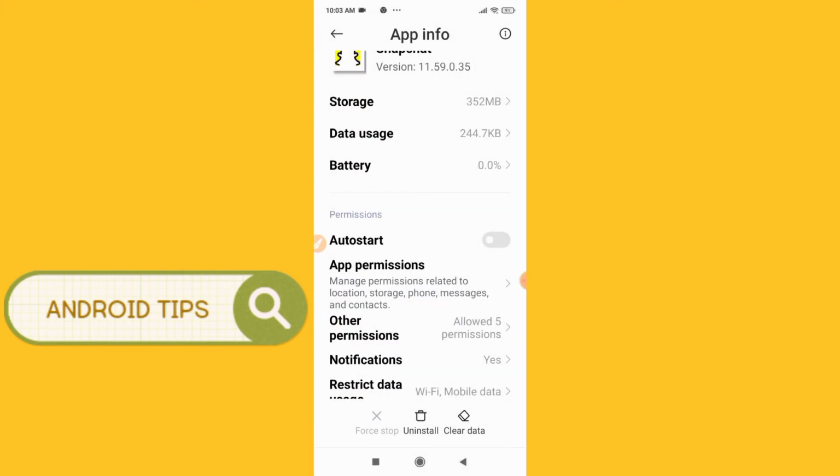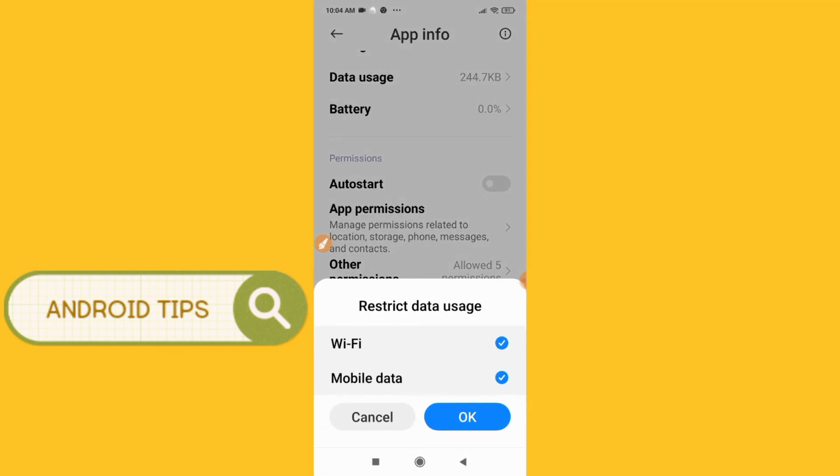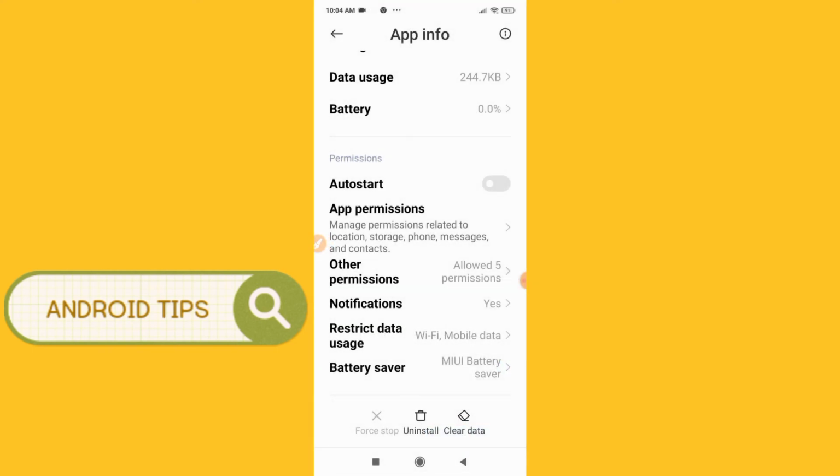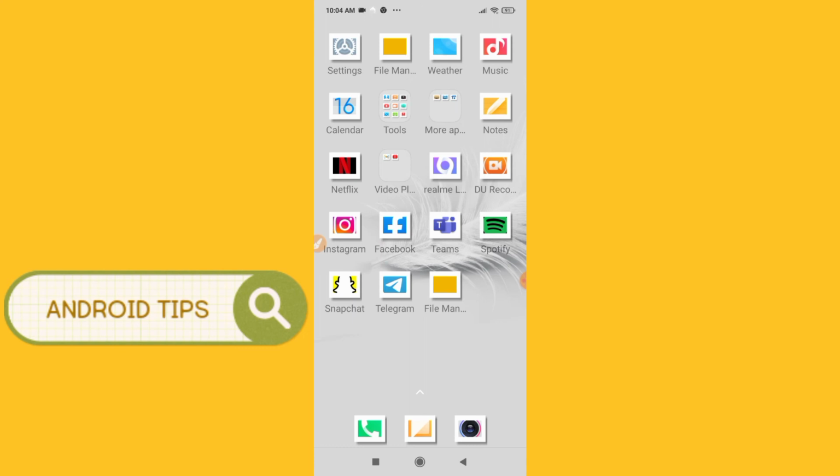So now after doing this, just click on the last option, that is restrict data usage. Okay, just tap here, and here you can see, make sure to enable this button. Just click on OK, and then you can just go back and check whether the problem has been solved or not. Guys, if it is not solved, then the last and final trick you can apply to fix this problem is that